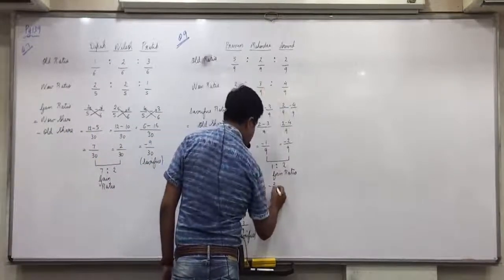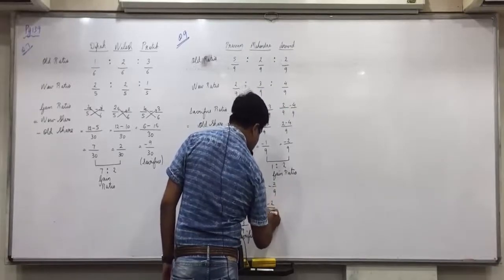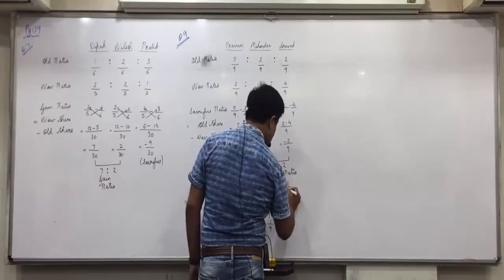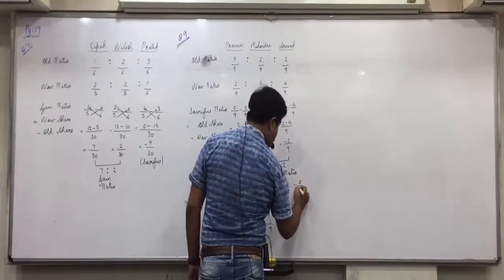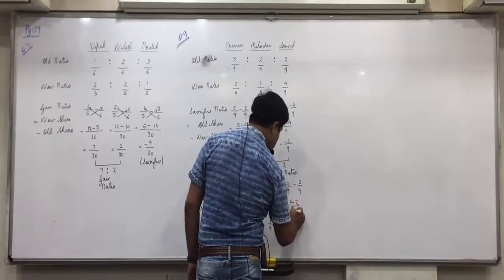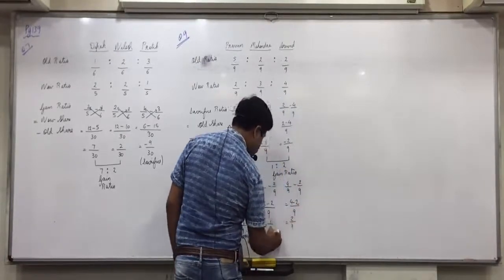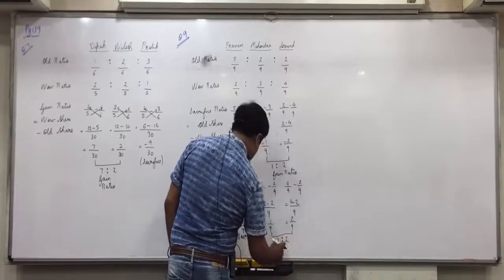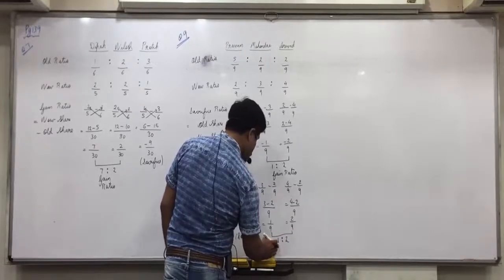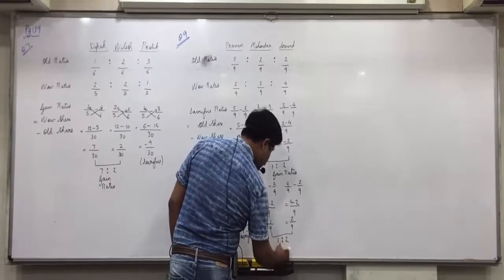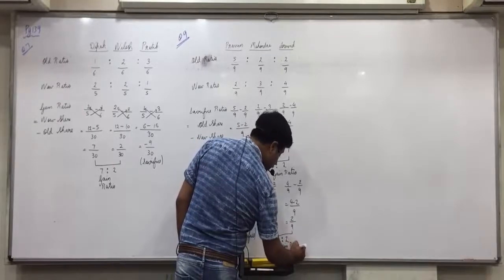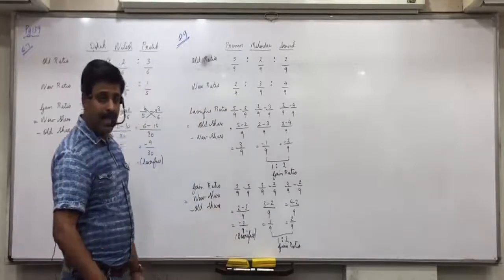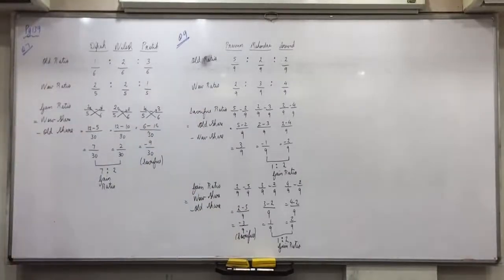Here 3 by 9 minus 2 by 9. 3 minus 2 by 9, 1 by 9. Then 4 by 9 minus 2 by 9. 4 minus 2 by 9, 2 by 9. Two positive answers, so we remove the denominator. So 1 is to 2. In a gain ratio, a positive answer is a gain, so gain ratio. Both the answers, the final comment will remain the same. They are just two different ways of solving it. Is everyone clear with this?